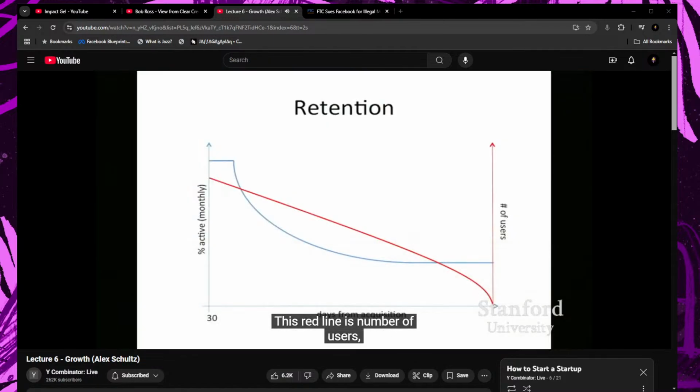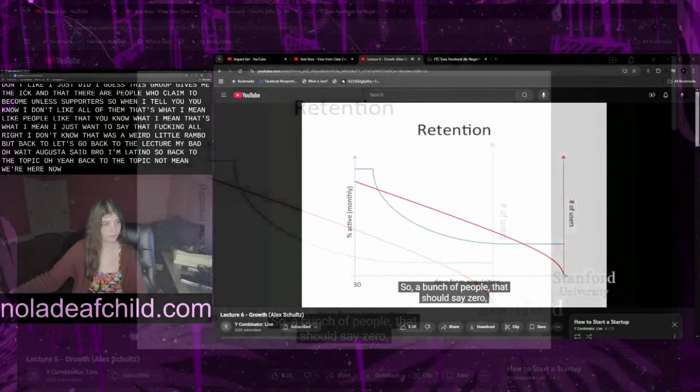If you see here, this red line is the number of users who have been on your product for a certain number of days. So a bunch of people, that should say 0, but a bunch of